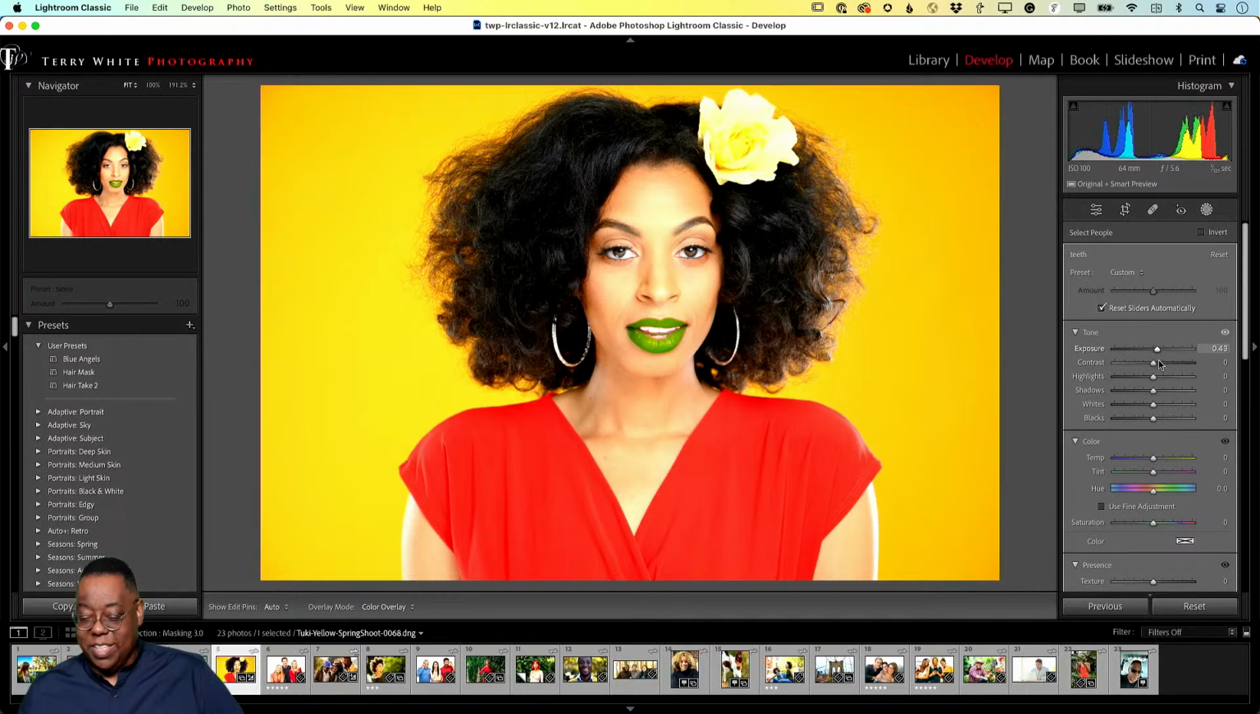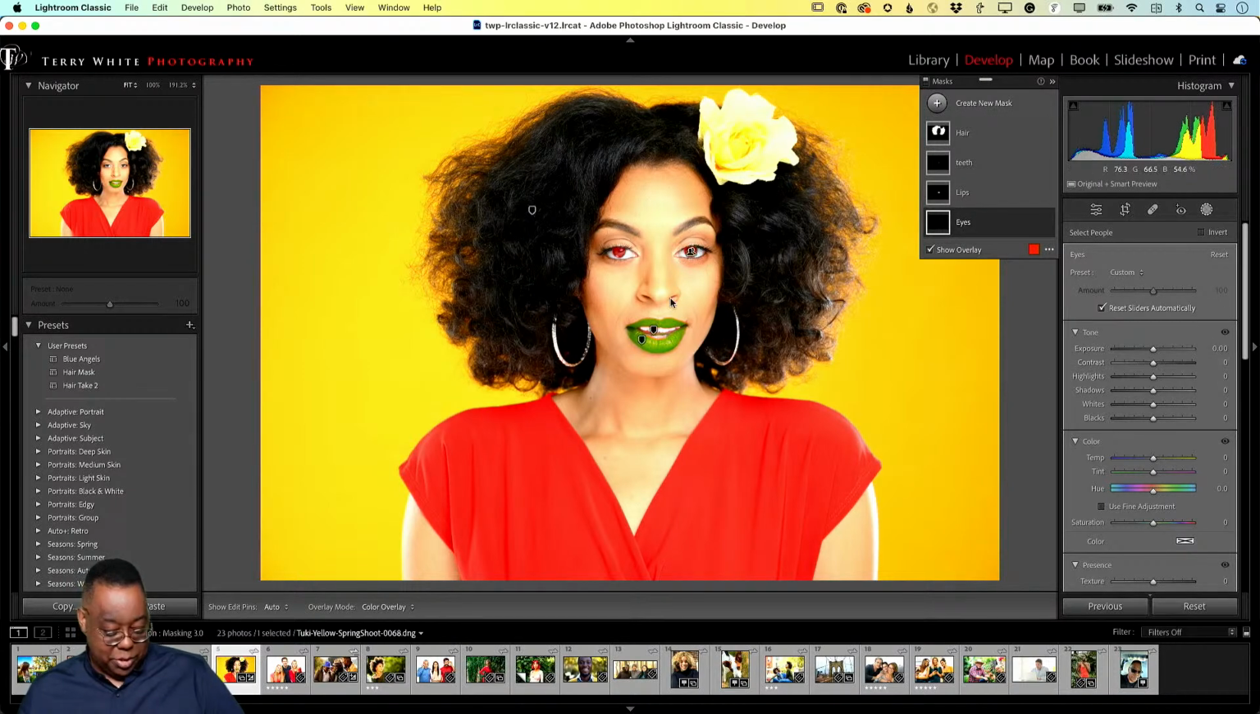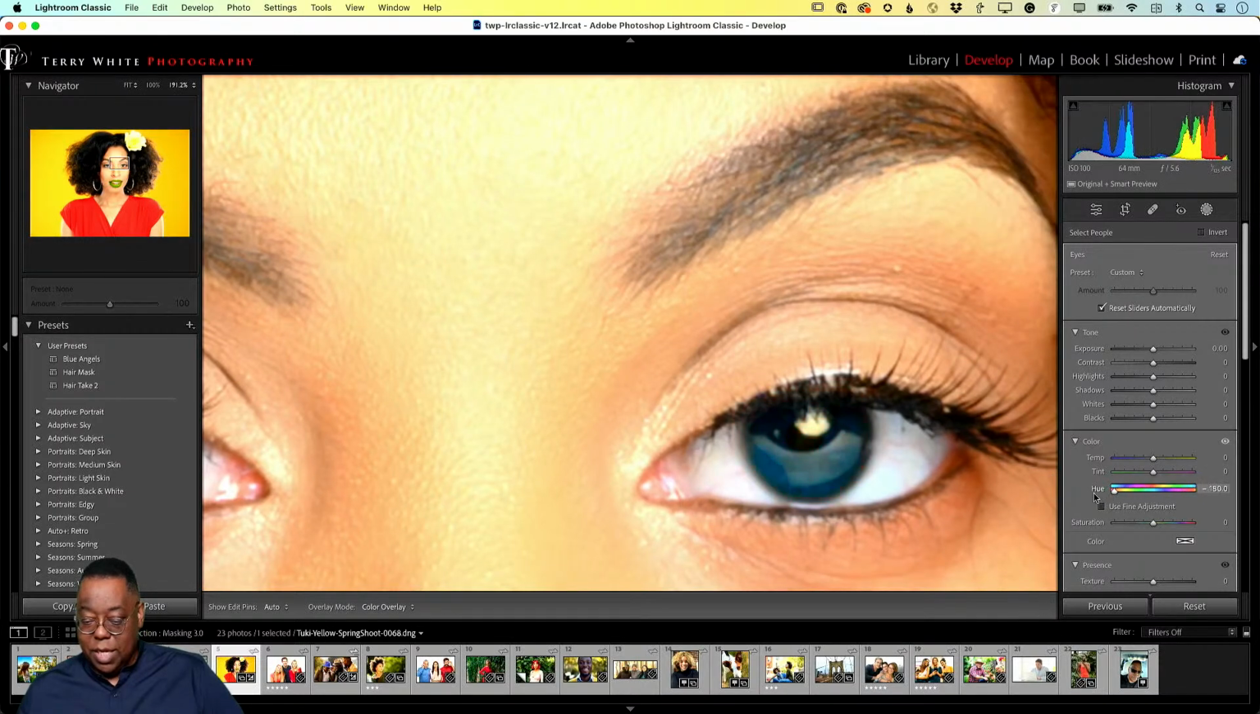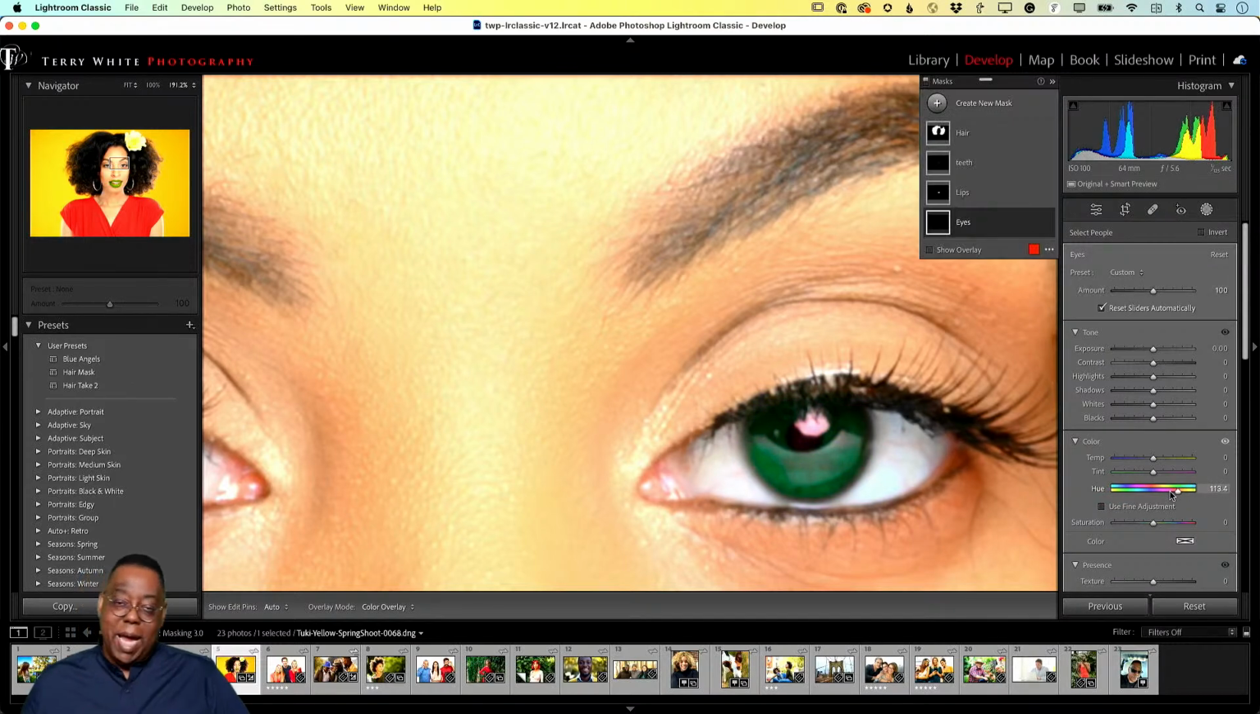it selected the teeth. If I were to go into her eye, which is her pupils, and we were to zoom in on that, and I were to just play with the colors, I get the pupil color changing very nicely. So the masking that's automatic